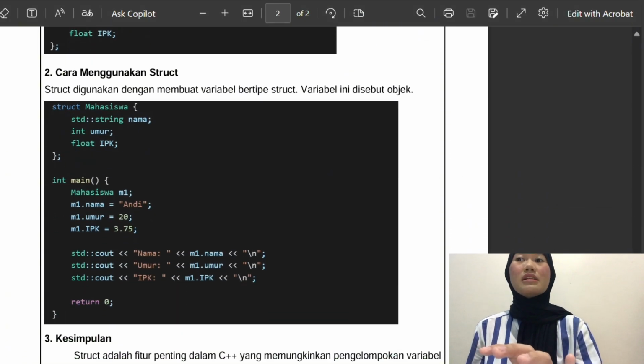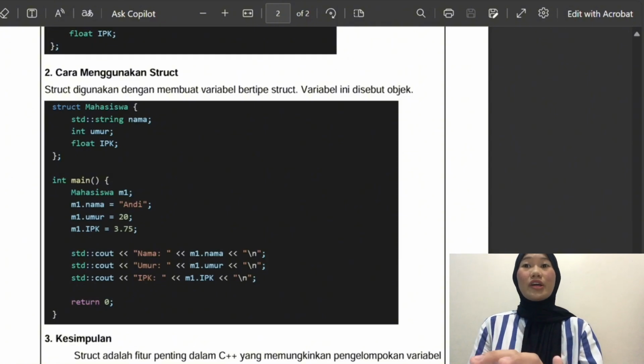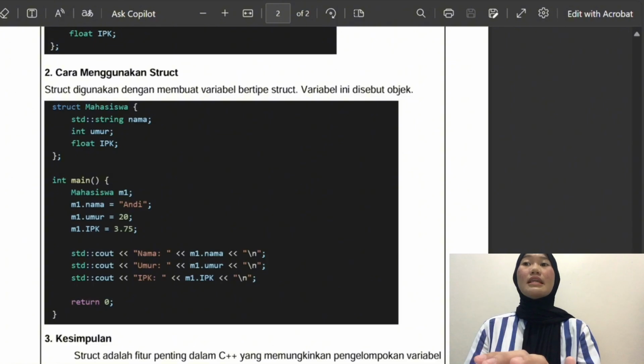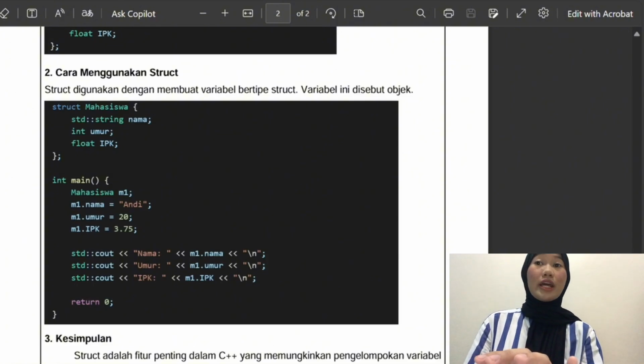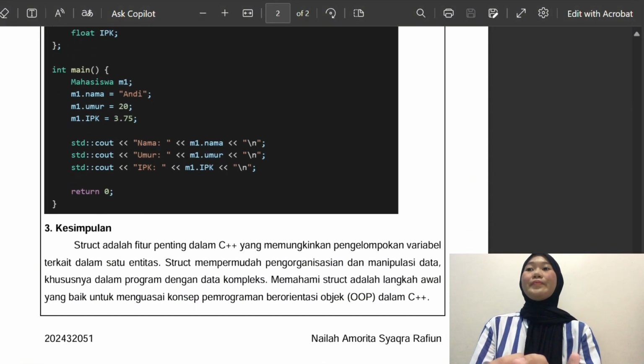Okay, next up is an example of struct usage. Here is a simple example program that demonstrates how to declare and use structs. As can be seen in the example on the screen, in a nutshell, this is the process of filling in data for each struct member, for the reader to better understand the context.